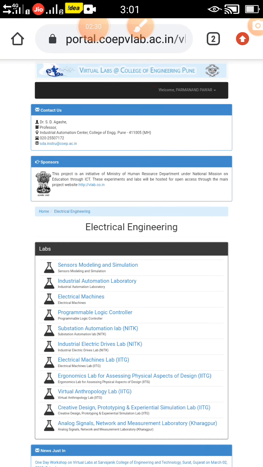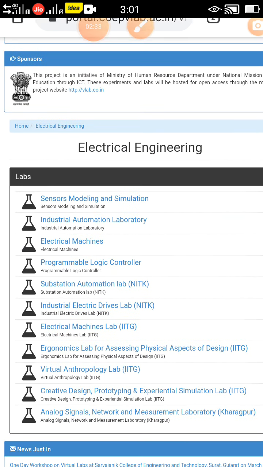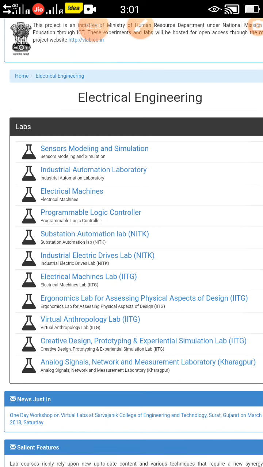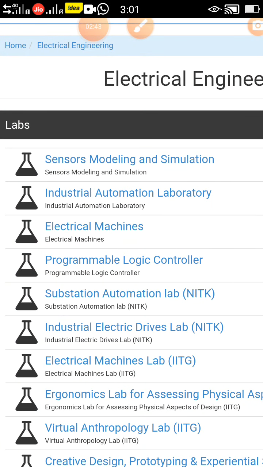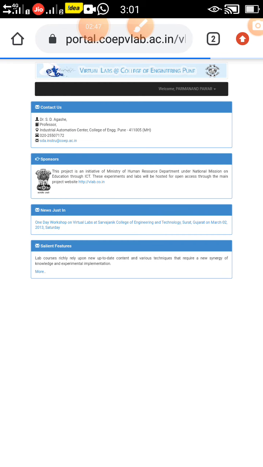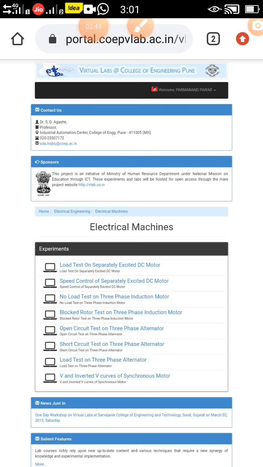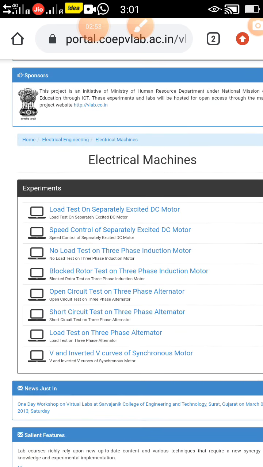After selection of electrical engineering, there are different experiments performed in electrical engineering, and there are different sections. There is a section called electrical machine. We are clicking on that particular electrical machine. After that, another window opens in which different experiments carried out on electrical machines are listed.